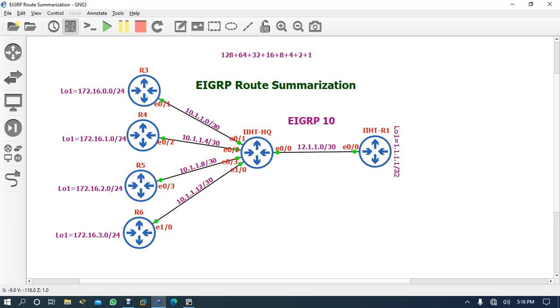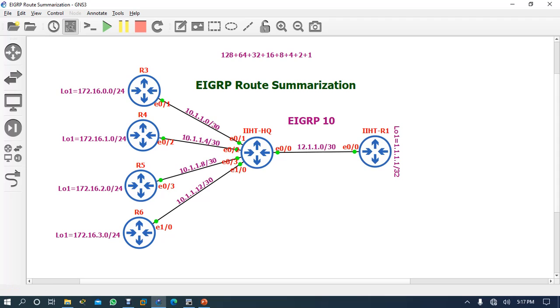and if it is a heavy router, no problem. But if it is not a heavy router, then processing those routes, this router can hang and the process can become slow. So there is one process you can run on the IST headquarter router, that you can summarize those routes to a single route and forward it to your connected router in the network, or to the branch router, to reduce the load on the routers.